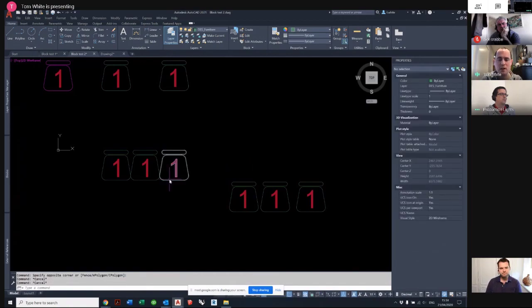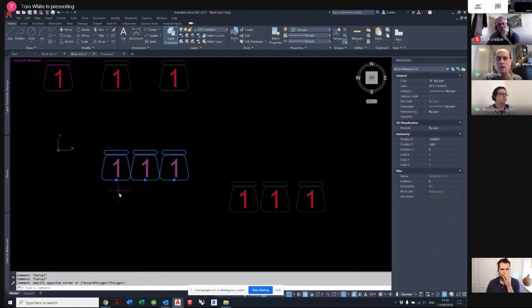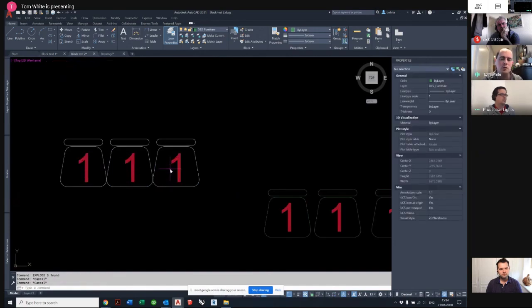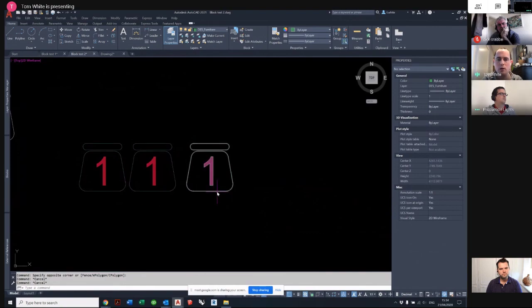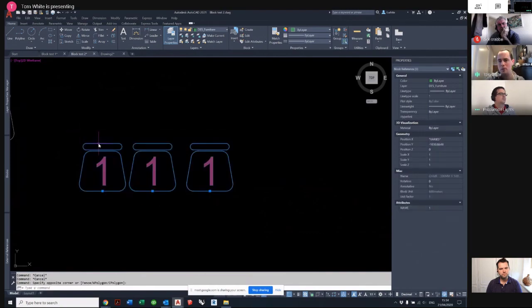So this circumstance here is I've got 3 chairs that I desire to put 1, 2, 3 in. The only way, in my opinion, you would be able to do it in this circumstance, you'd have to explode. But that's of no use to me because I can't then count. So I desire to do 1, 2, and 3, and with an attribute, I'm able to do a 1, 2,